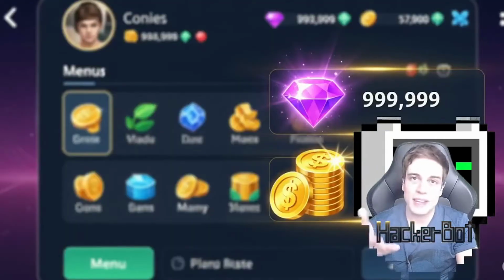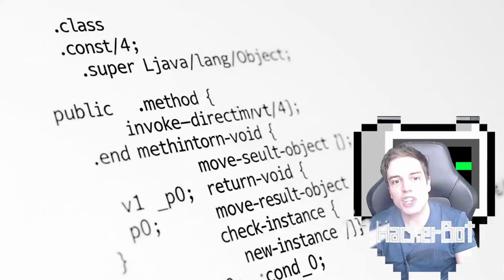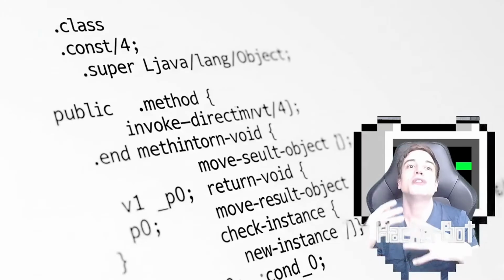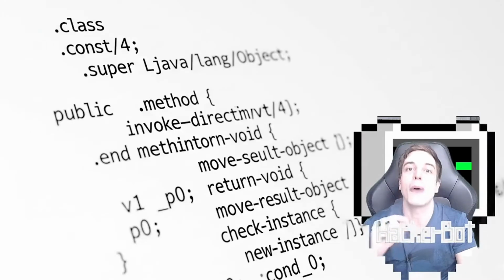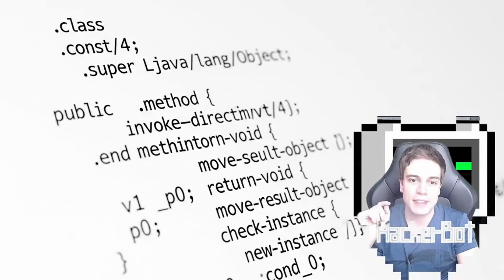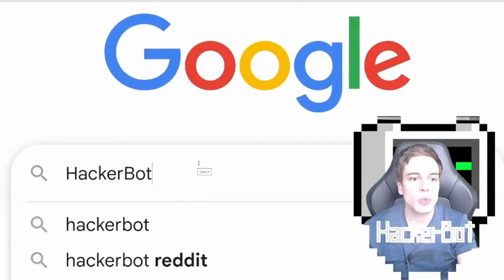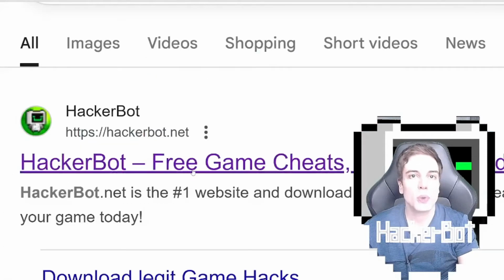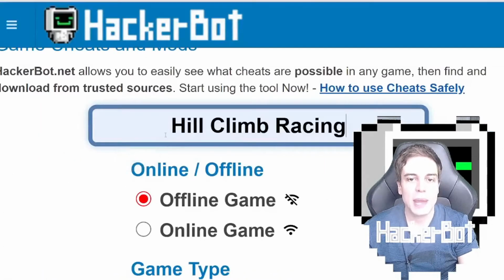In offline games, unlimited money isn't a problem at all. And again, sometimes can be achieved by simply editing a few resource files, but you still need to find them. It's still going to take many hours. And there is a tutorial on this channel about that. But generally, the best and safest way to find APK mods for your games on Android is not to create them yourself, but to simply go to Google and Google HackerBot, go to hackerbot.net,